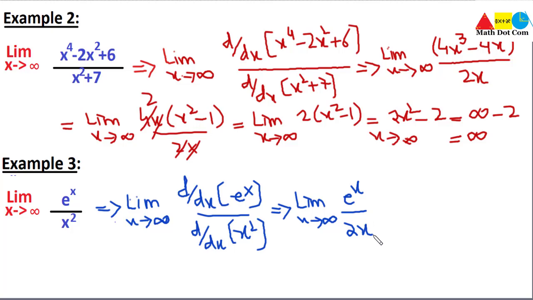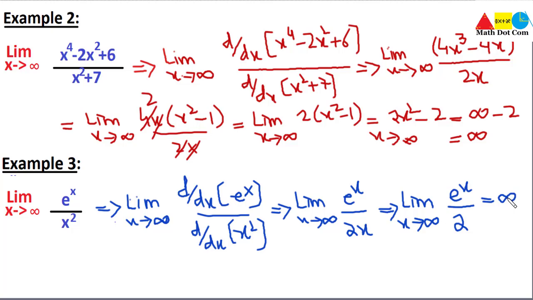Now we have to differentiate it again, as we are again getting infinity in the denominator. So let's differentiate it again. x approaches to infinity, and the differentiation of e raised to power x is the same, and of 2x it is 2. Now just put the value of infinity. Anything raised to power infinity is infinity. So this is the answer. So this is how you can use the L'Hopital's rule to evaluate the limits of the functions that otherwise is impossible or give you indeterminate forms.